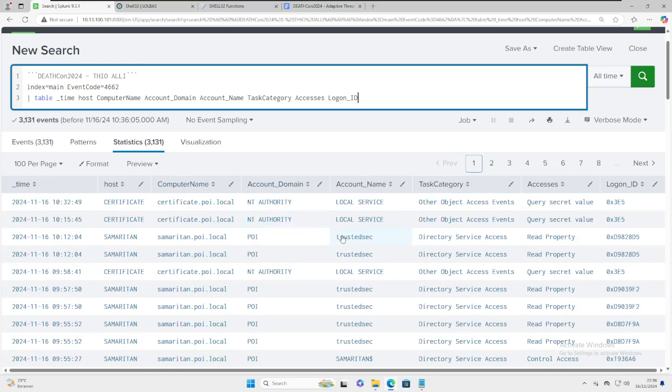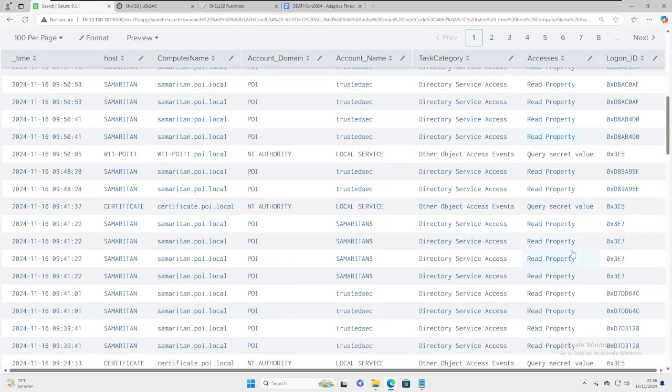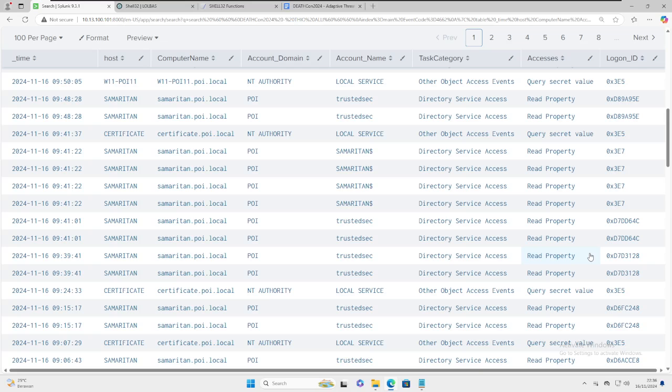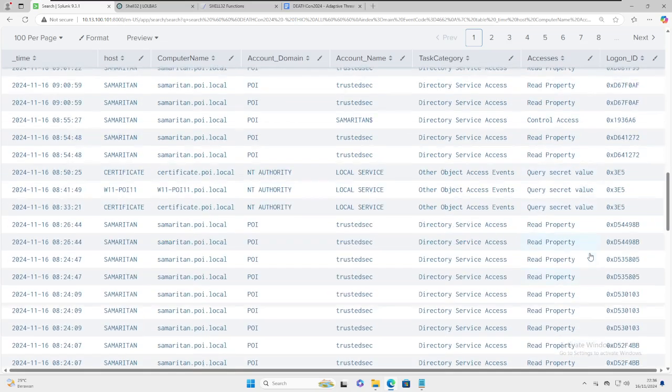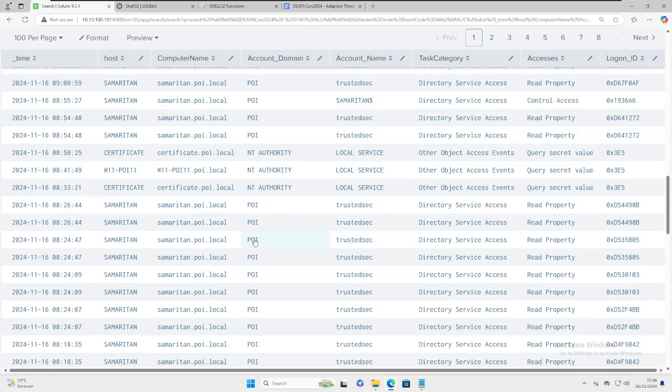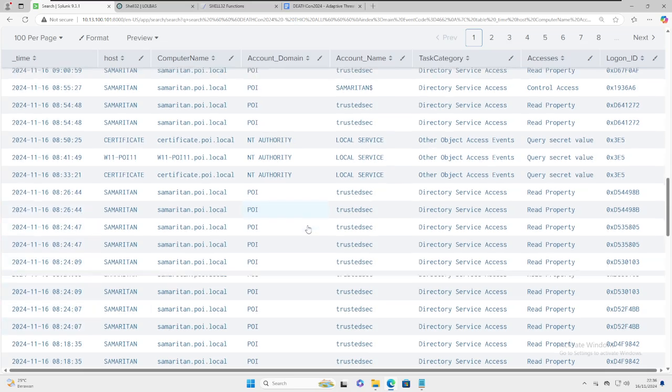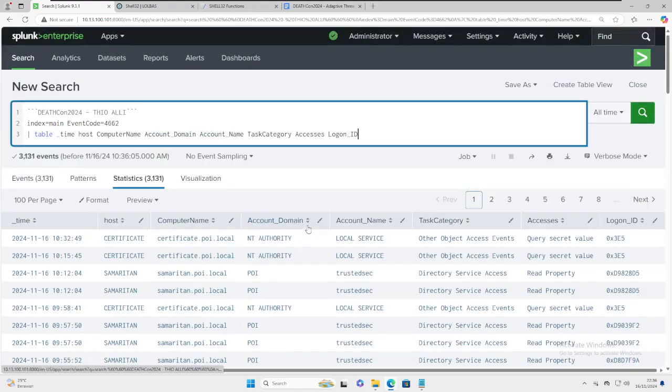Here, there is some activity executed by the trusted sec account name with read property access and a logon ID. There are several logon IDs for trusted sec at nearly the same interval of time, which indicates that something is wrong with the trusted sec account.